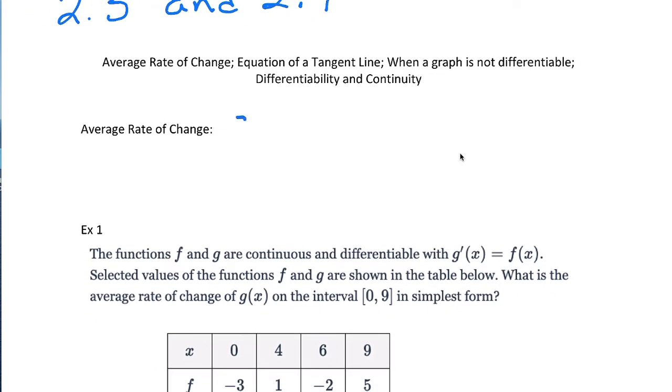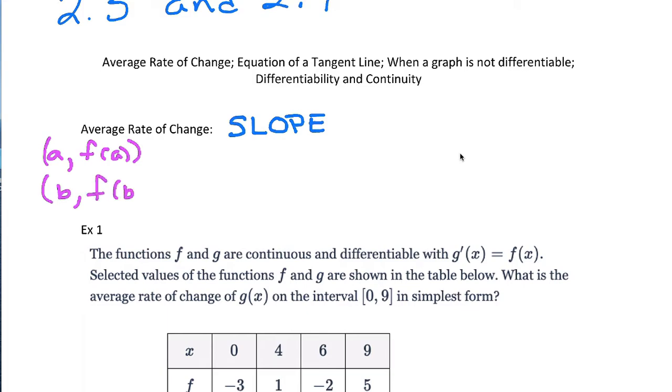When you see the term average rate of change, you should always think slope. If you think of slope, you'll be in a good place. You're going to be able to find it given 2 points. Those points might come from a table, or from a graph, but it's really just the point A, f of A, and B, f of B. So the slope between these 2 points, or the average rate of change,